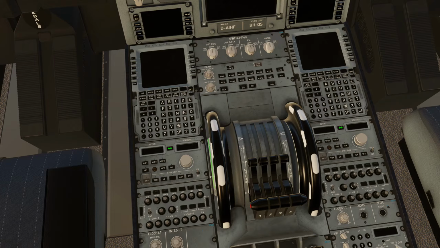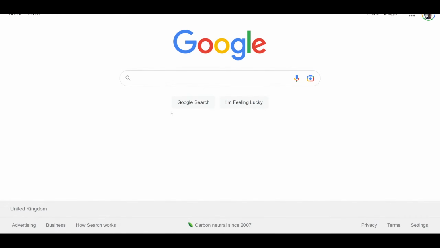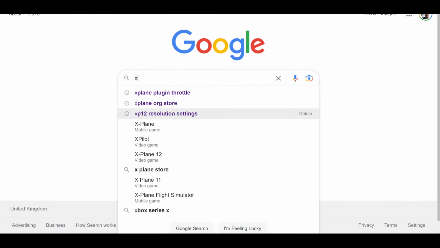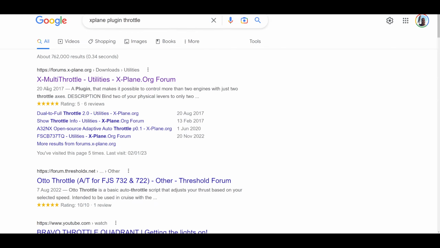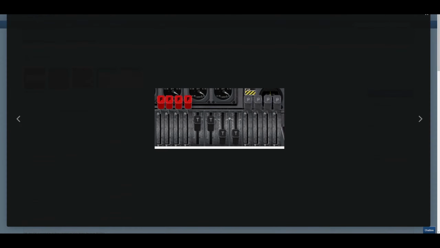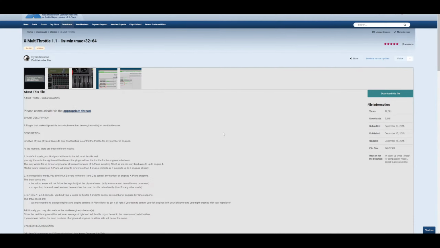And once more, for those of you interested in how to get it, it's the X Multi-Throttle. Just come into your Google page. Let's bring that in once again. And type in X-Plane plugin throttle. That's what you need to type in. It's the top result. Click on that. You can see, again, as we've said, built in the Stone Age. Don't let that put you off. It works completely fine. Download it, drop into your X-Plane